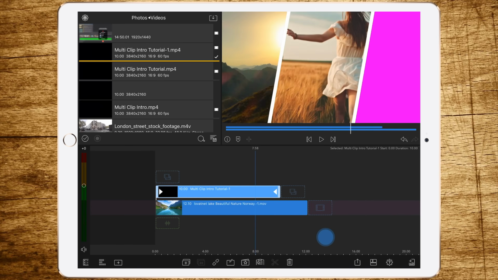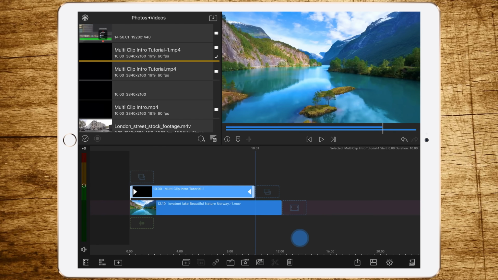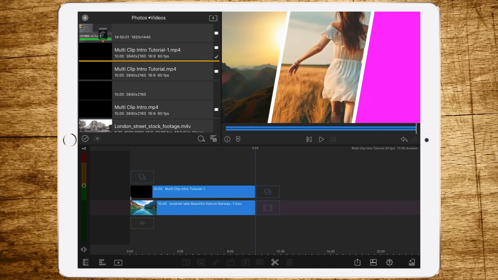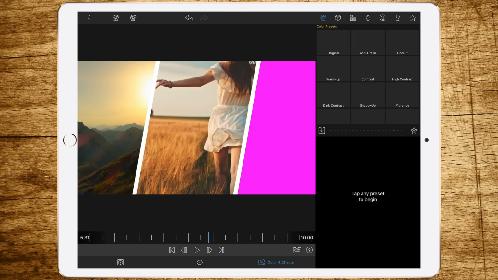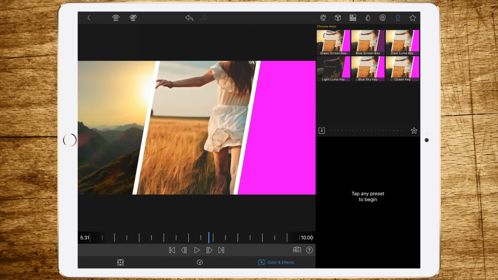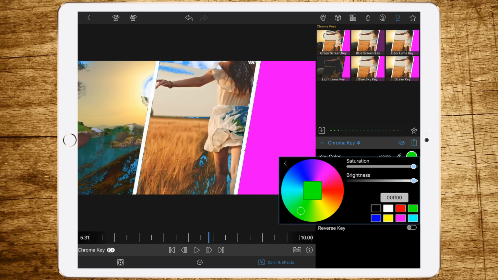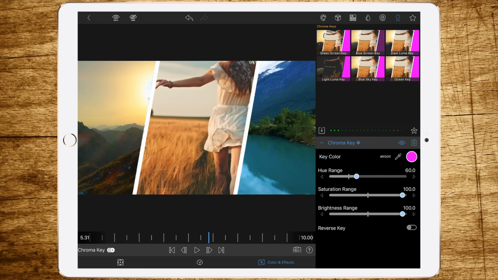Drag it above. Cut the clip beneath to 10 seconds. Delete the rest. Double tap to edit. Add a green screen keyer and change the color to pink. And now set the colors and settings so it works like this.